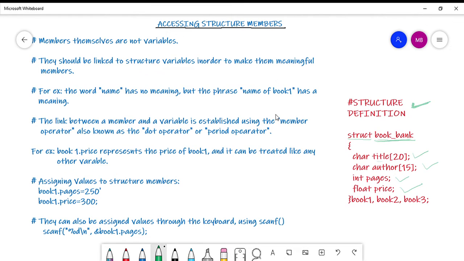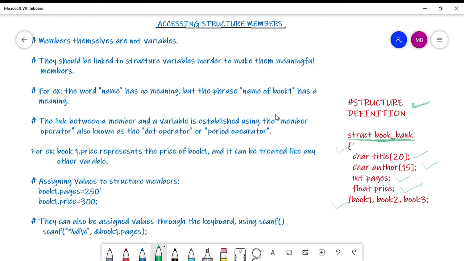This I told you in the previous video also, this is how you give the structure definition. You give the keyword struct, you give the name of the structure, then within the opening and the closing parenthesis you give the members. Now this is a fixed template, so any variable which is of this particular data type will have these four members for sure. Then I also told you how you can declare a variable using a structure tag.